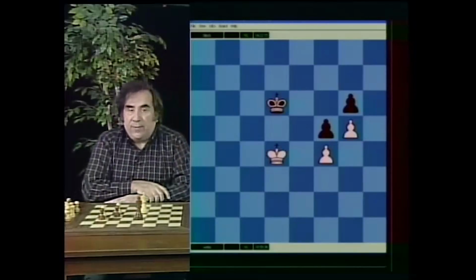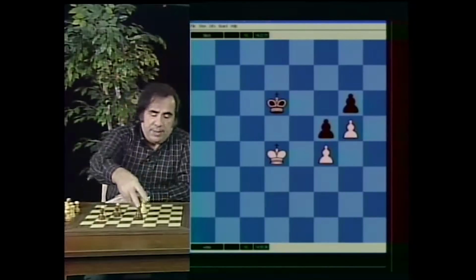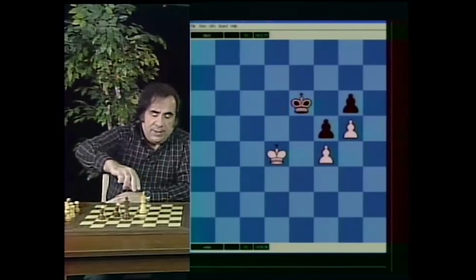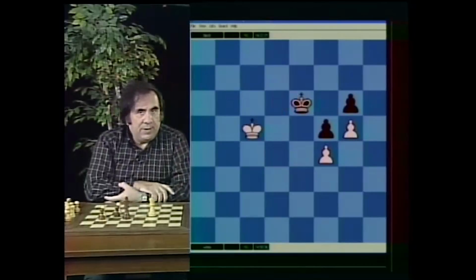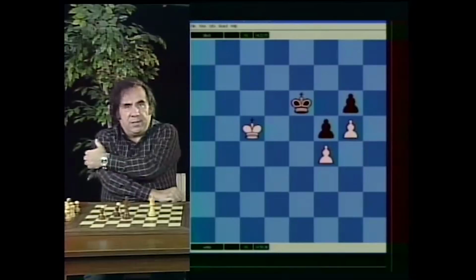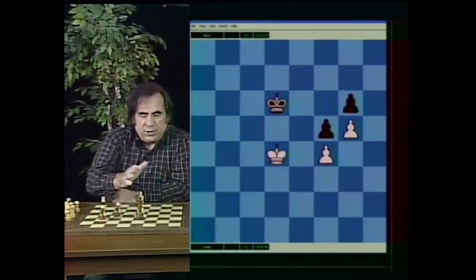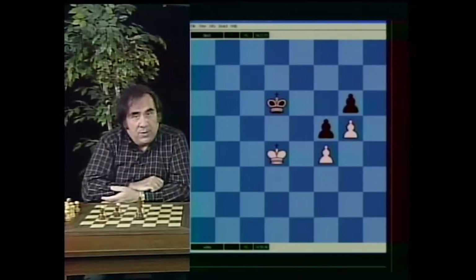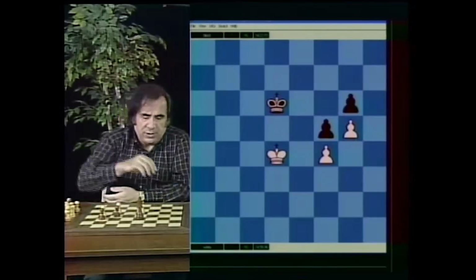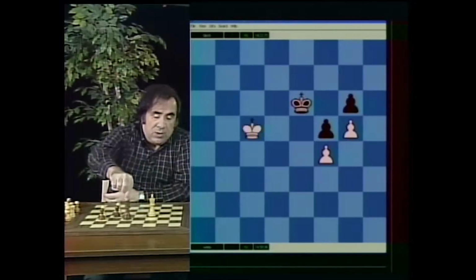This is a lot more complicated version of the opposition. Black goes king e6, and white goes king c5. And what we're going to see now is the mirror image of the opposition. Right here in the original position, we have vertical opposition. Now you're going to see two different types of opposition. After king e6, king c7, king c5, black goes king e7. You see the diagonal type of